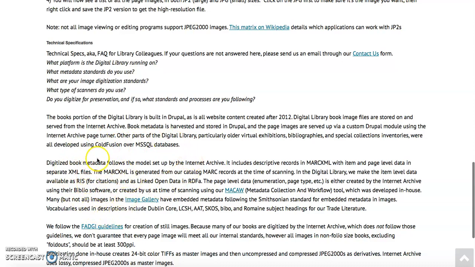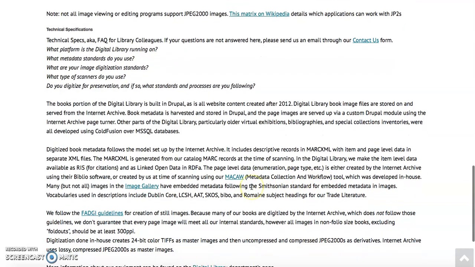They follow the MARC XML metadata schema, and it's set up by their partnership with the Internet Archive. So a lot of what you're going to view, especially in the books online section, is displayed through the Internet Archive. They also have their own in-house scanning system, Macaw, a metadata collection and workflow tool, which I found really